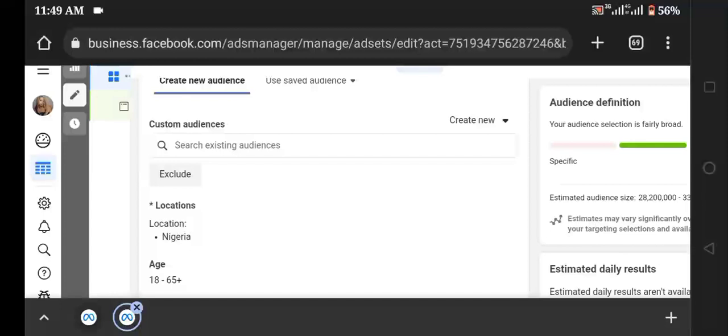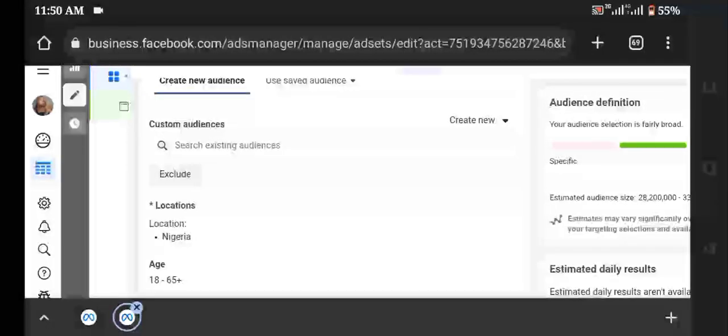Maybe you ran ads before, and that audience that took an action, maybe they bought, that's your custom audience, if you had it saved. Now a look-alike audience is created from your custom audience. Maybe you liked the results you got from the custom audience. Now you want to create a look-alike, people that have the same exact characteristics as the ones